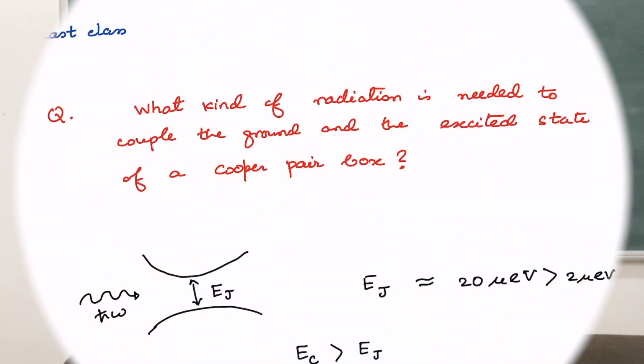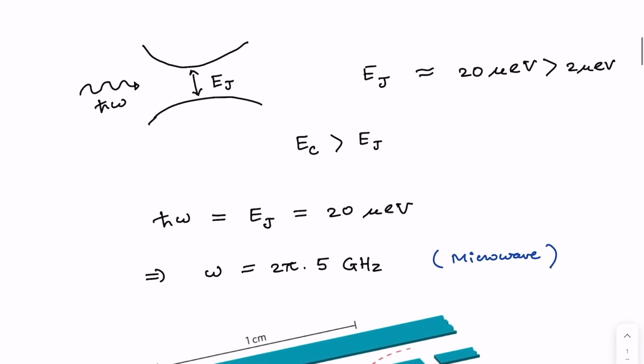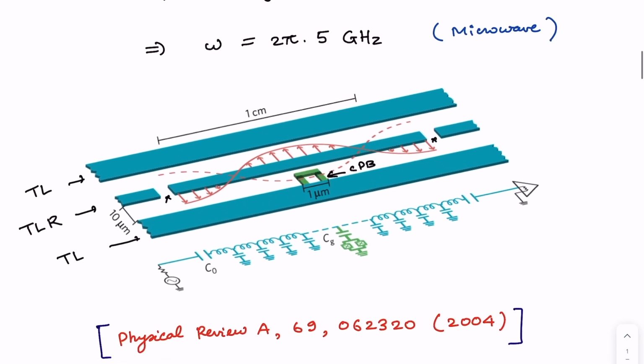So, let's begin. In the last class, we began by asking what kind of radiation is needed to couple the ground and the excited state of a Cooper pair box, taking the example of a Cooper pair box made up of aluminium metal. Aluminium behaves like a superconductor at the critical temperature of 1 Kelvin. We found that a microwave is required to couple the ground state and the excited state of the superconducting atom. And then we discussed